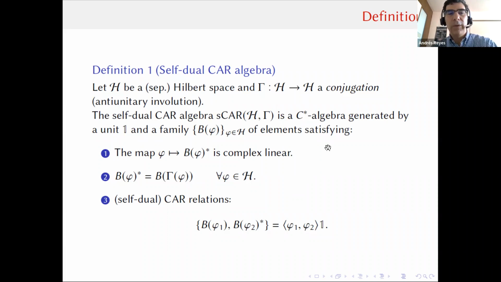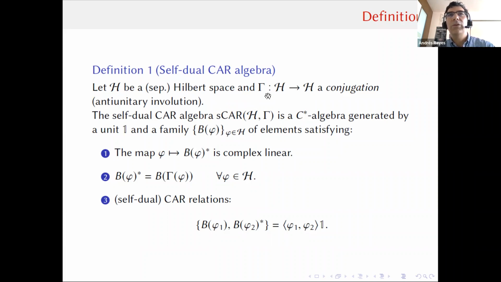And for that kind of Hamiltonians, which we can regard as a kind of mean field approximation to more complicated models, there is a formalism called the self-dual formalism, which is very convenient because it allows us to solve the diagonalization problem for these quadratic Hamiltonians. It can also be applied to systems with interactions, but this is not something I will be able to discuss today. So the idea is to have commutation relations which resemble the usual fermionic commutation relations, but